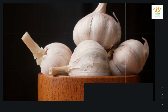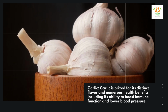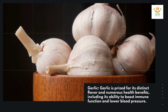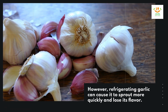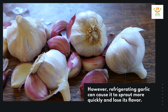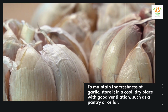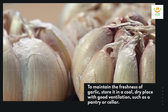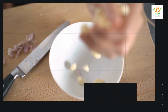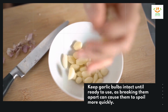Garlic. Garlic is prized for its distinct flavor and numerous health benefits, including its ability to boost immune function and lower blood pressure. However, refrigerating garlic can cause it to sprout more quickly and lose its flavor. To maintain the freshness of garlic, store it in a cool, dry place with good ventilation, such as a pantry or cellar. Keep garlic bulbs intact until ready to use, as breaking them apart can cause them to spoil more